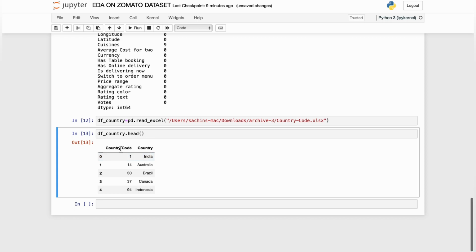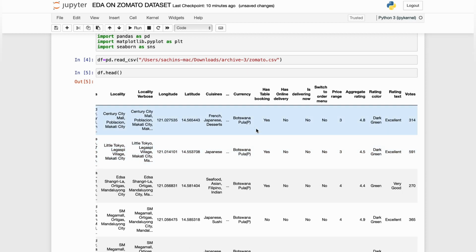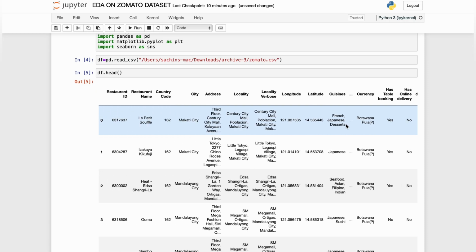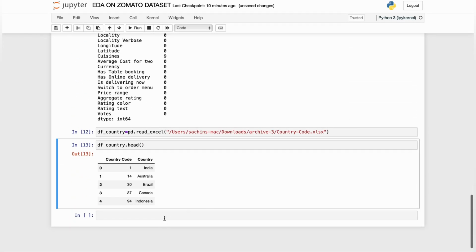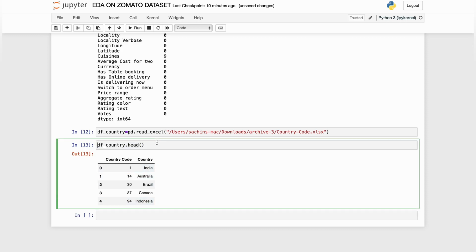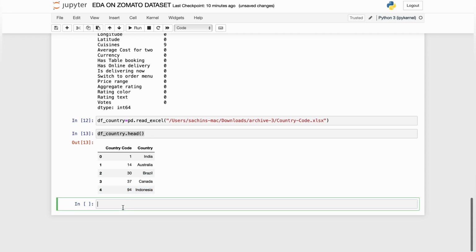On the basis of the country code we can find out which country has the transactions and all about the data. For example, we can conclude in which country we have the maximum transactions in Zomato. Once we are done with this part, we need to merge both the data sets, like we need to merge this data with the df data. For doing this we will name the new data set df1, and write here